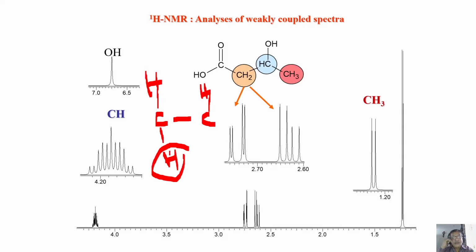You understand? So this proton experiences a trans coupling of large value, plus it will split into a doublet because of this proton with a geminal coupling, which is smaller in strength. Where is that group? Look at it. This is a large separation here. This corresponds to this trans coupling, quite a large value. And each line of this one is further split into a doublet because of this geminal coupling. Of course, there is some intensity anomaly. We have to worry about it later. We'll discuss that at a later stage. But at the moment, you saw this one.